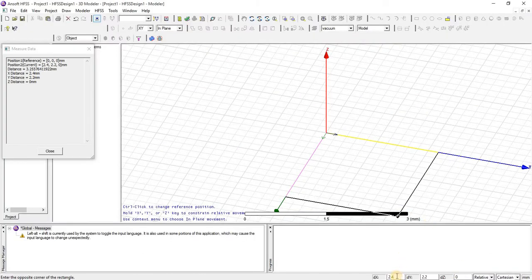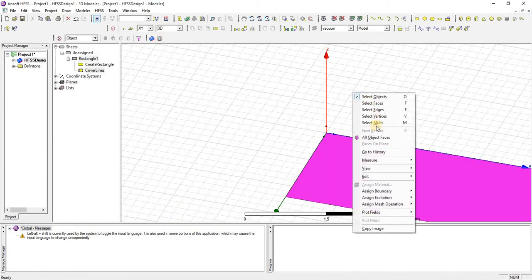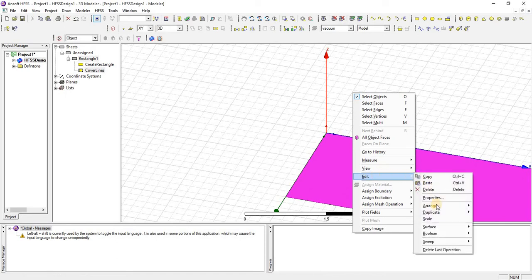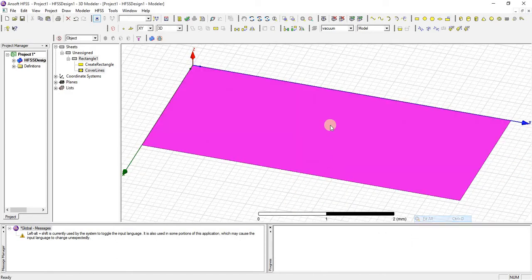For example, I am going to set dx 4 and dy 5. Just click enter. This is a rectangle.